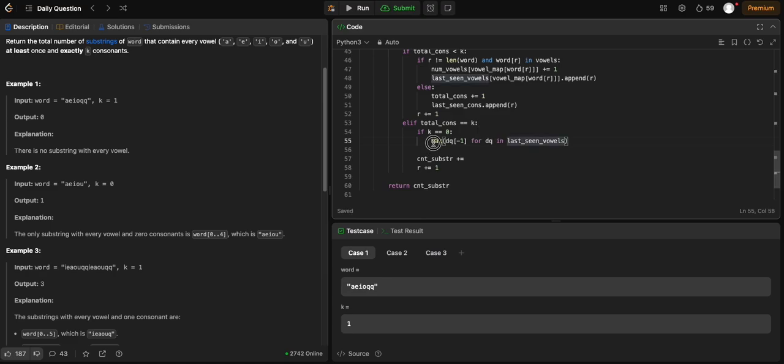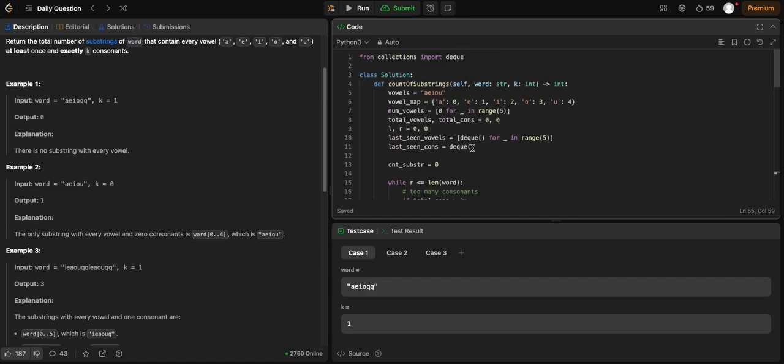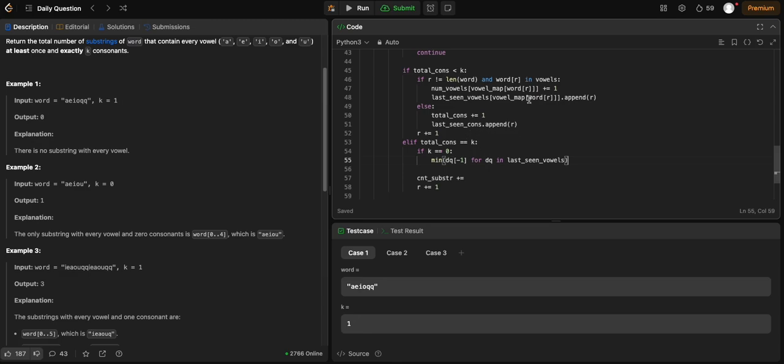Oh wait, we actually want the minimum. Yeah. So in last seen vowels, we have that. Last seen vowels is basically five double-ended queues, right? And we want the last item, because that's the last time they are seen. So we can just do